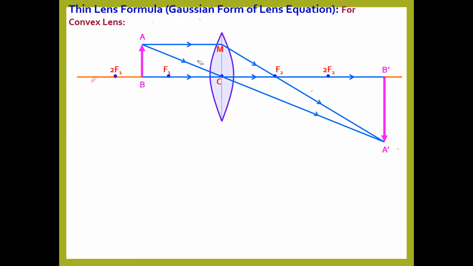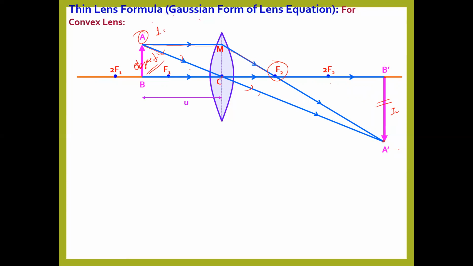So first of all, you have to know how to draw the diagrams. This is a very important thing, and easy also. You have to follow certain rules. The first rule is that parallel light rays will go through the focal point, and the light ray going through the center will follow a straight path, just a straight line, and they will meet and form the image of the point. Correspondingly, if we draw a perpendicular from that point, that will be the image of the object. So that is the thing.